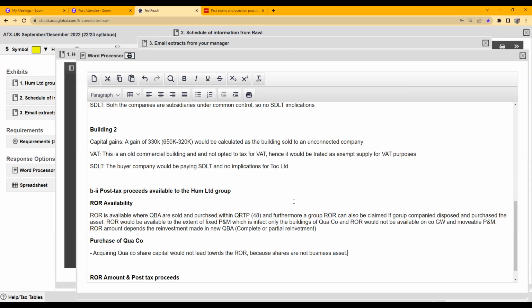Why are we writing this point? Because there were two possible options for acquiring Quaco business. The first option was acquiring the share capital. If you acquire the share capital of Quaco, then rollover relief would not be available because shares are not business assets. So the basic condition is not met because ROR is only available to the extent of business assets. But if Talk Limited